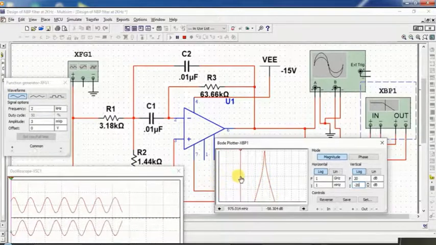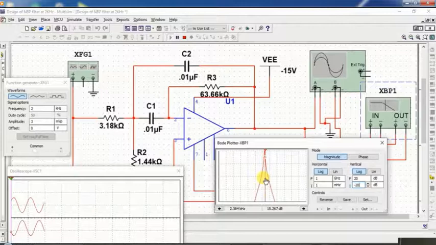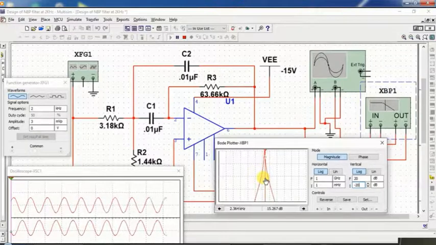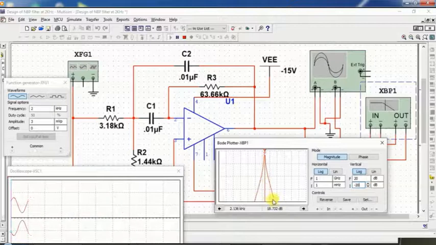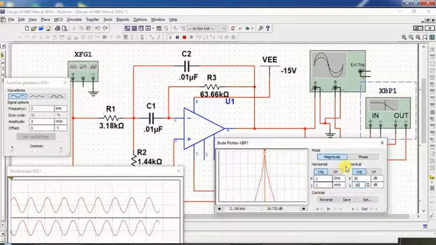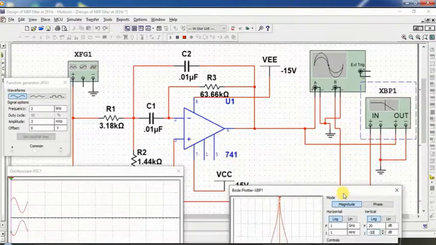And as you can see, this is your perfect frequency response curve, because here it is approximately at 2.1 kilohertz. So this is your perfect narrow band pass filter. Here the bandwidth is narrow, so this is your frequency response curve.